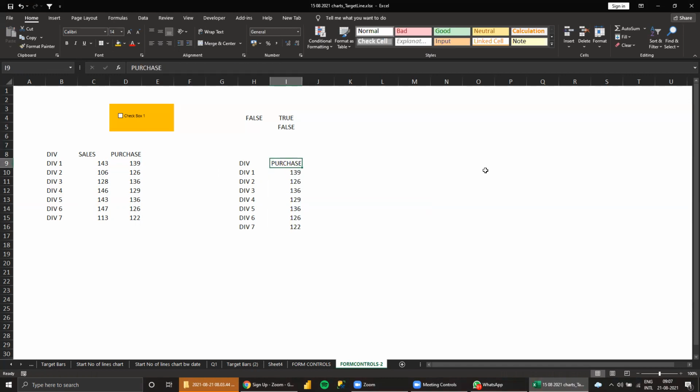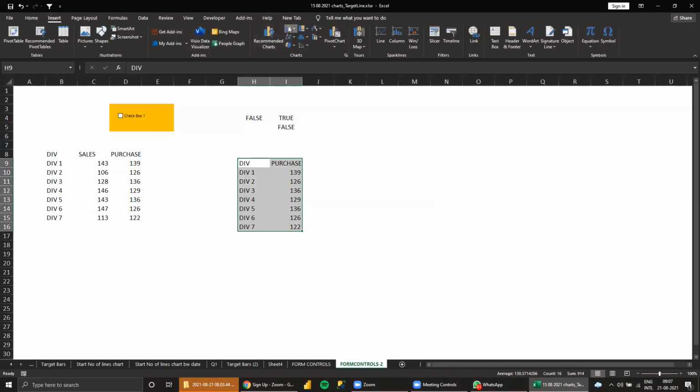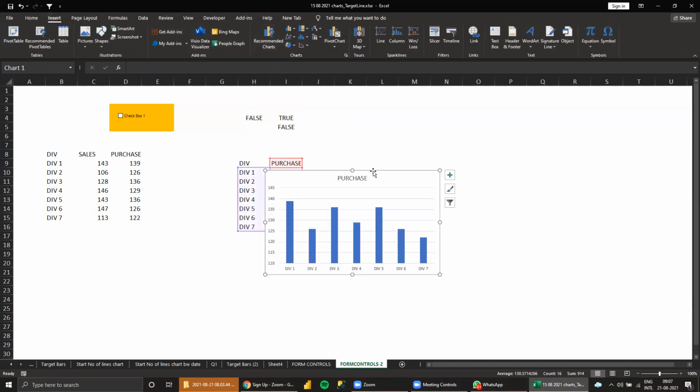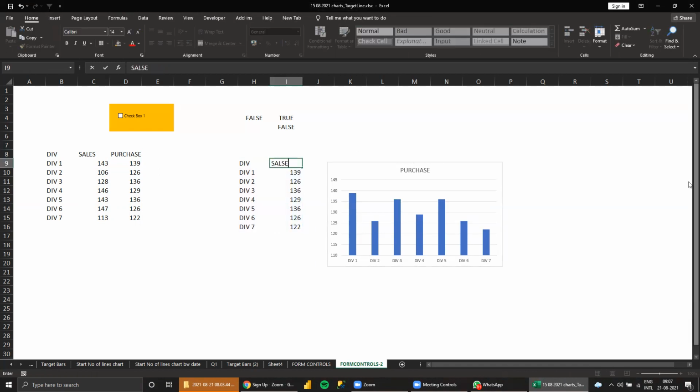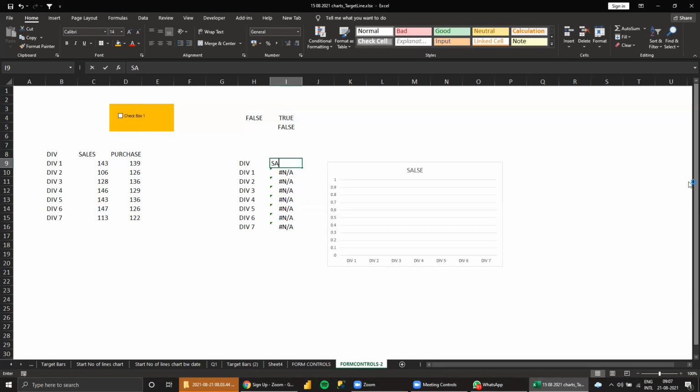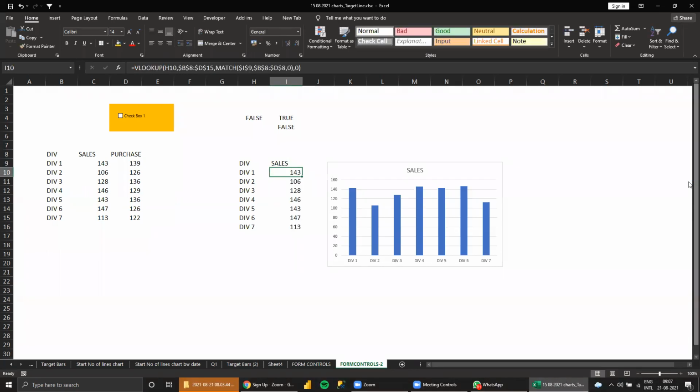What I do here, I want the chart like this. Now purchase means the purchase chart will get, sales means the sales chart will get. Now I cannot go and change it every time.